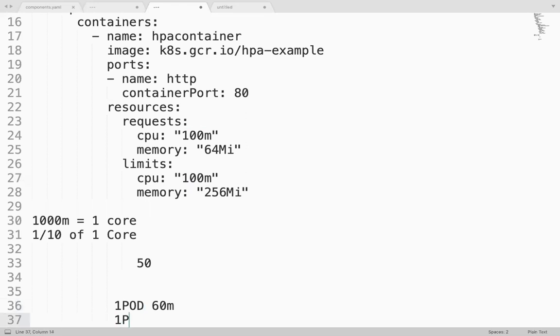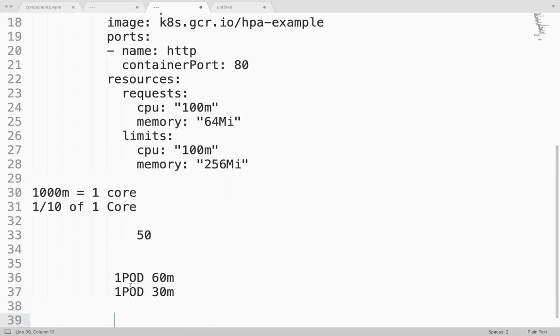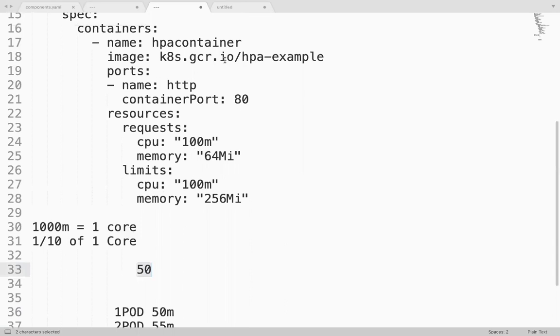And if the second pod is, let's assume, just 30 millicore, will it scale up the third pod? It is going to take the average. Just to give an example. Suppose one is taking 50, the other one is taking, let's assume, 55 millicore. So now on average, I will get a third pod, based on this, right?